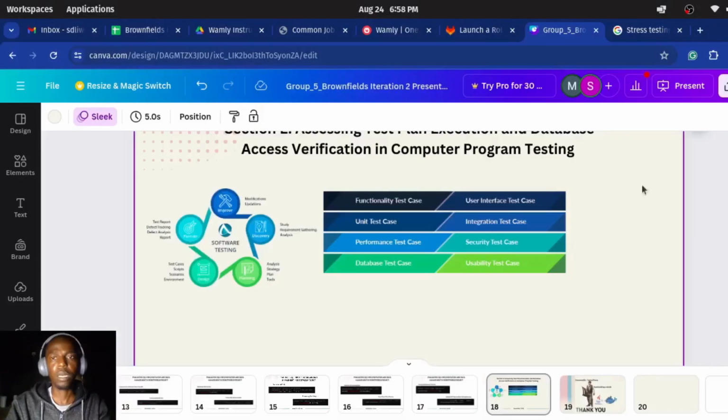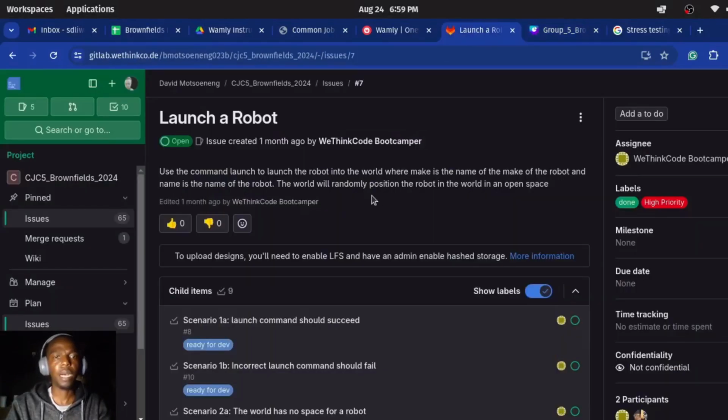So if I go to our GitLab, I have a story. We used the issue board on GitLab, which allowed us to use a ticket system. This ticket system allowed us to actually develop using the Agile method. So here I have an example of